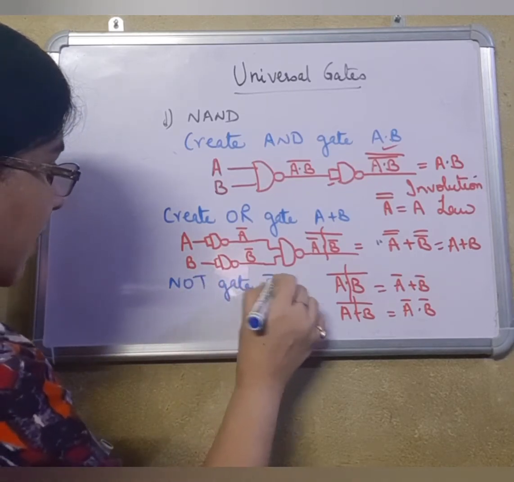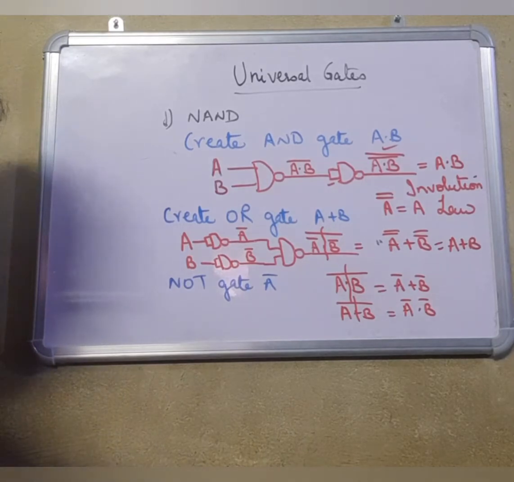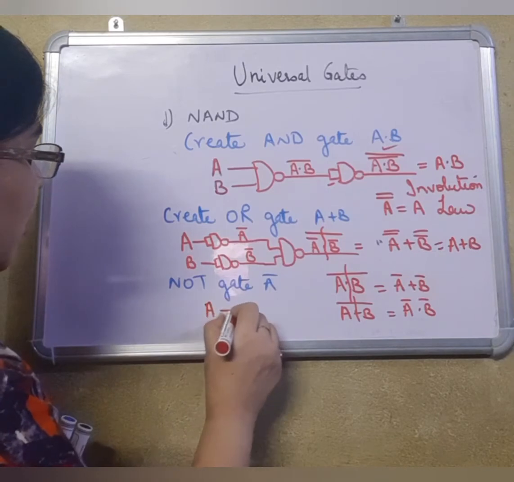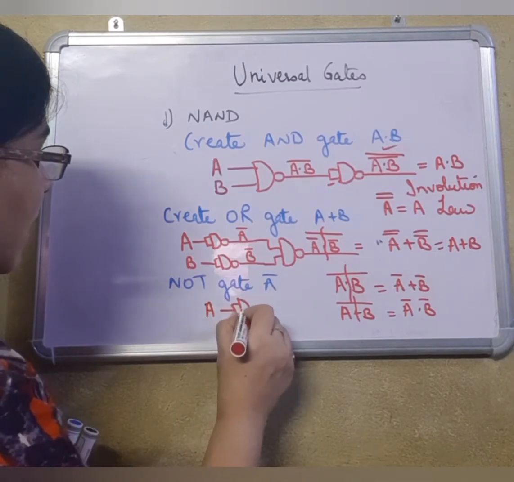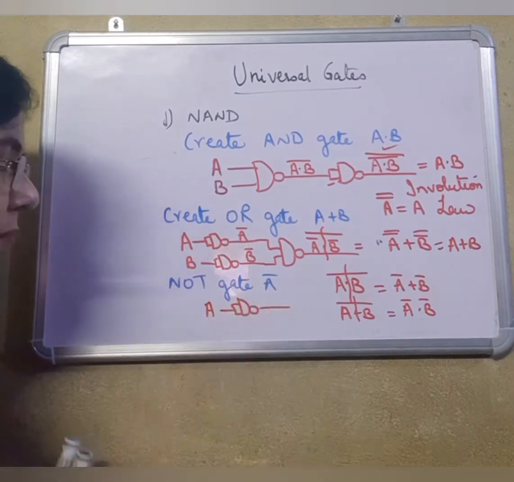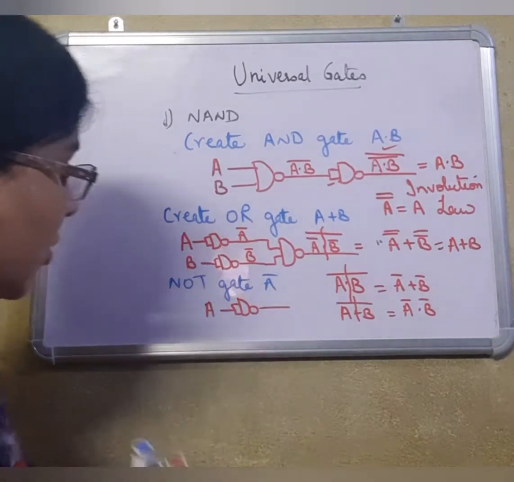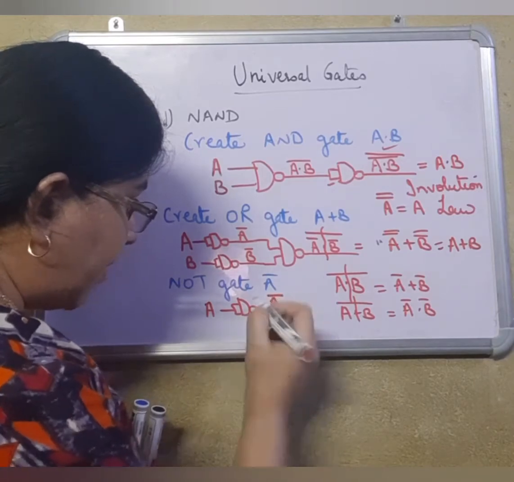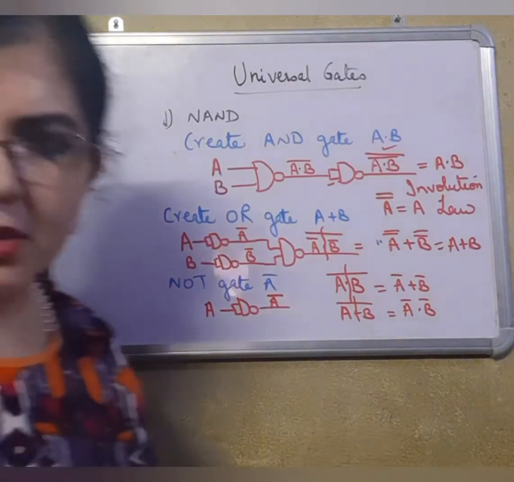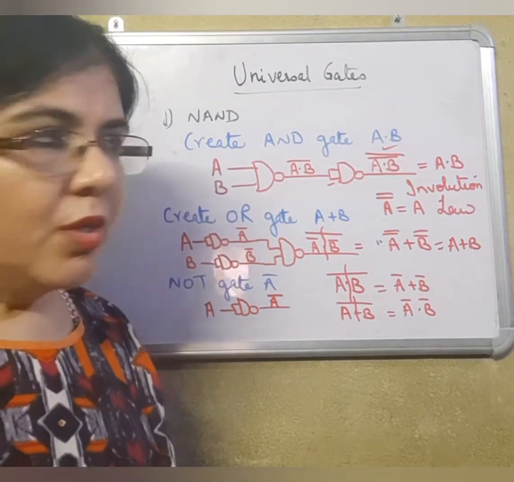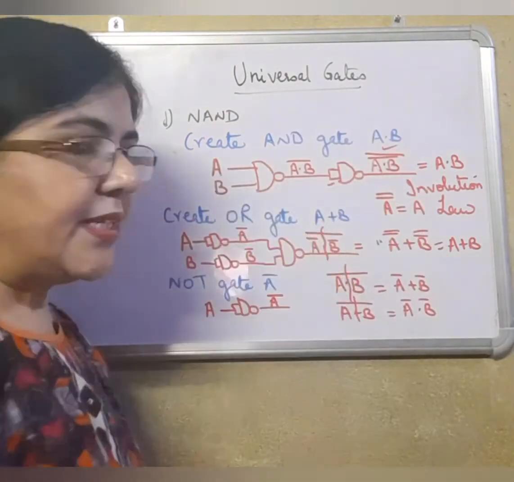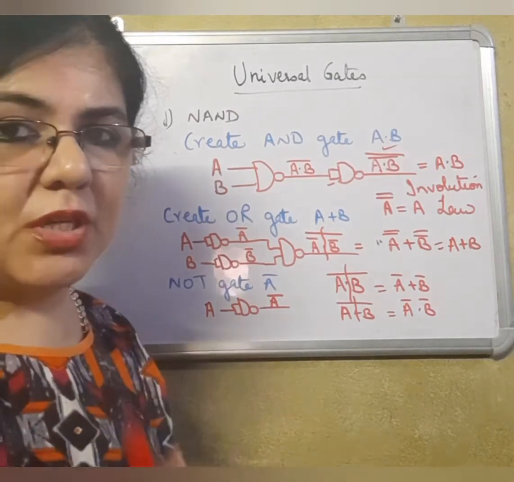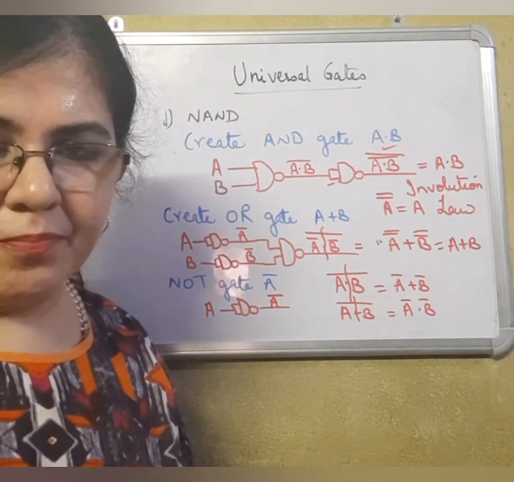That means we need A bar. This is quite simple. We will be just passing A 2 times to a single NAND gate by the help of a box. So A will go here also, and reaching here it will be A. And you required A bar as an output. So these are the basic ways of creating the normal gates, the 3 basic gates using universal gates NAND.